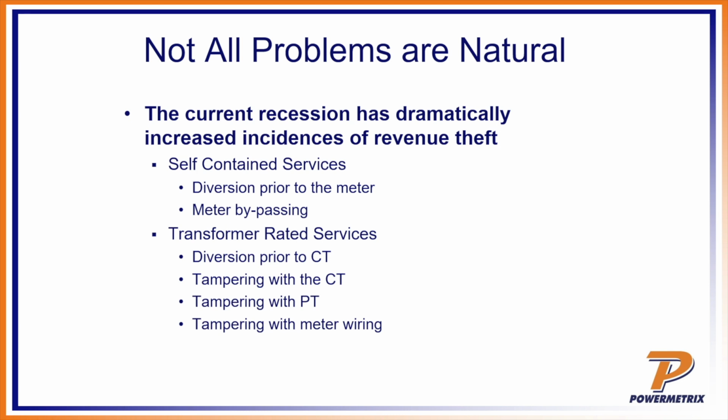And what he was doing was, he knew his way around a site, and he had a ladder, and he was able to get into the CTs, and he added a few wraps of wire into the CT. Well, what did that do? It added burden. The CT was now overburdened. He was adding turns. And so now the CT was overburdened, and everything was still working properly on the other side of the meter, but it was no longer billing correctly because of the added turns in that CT.